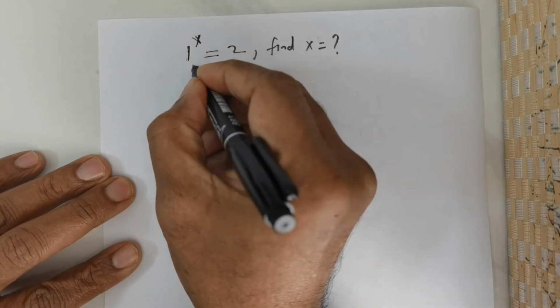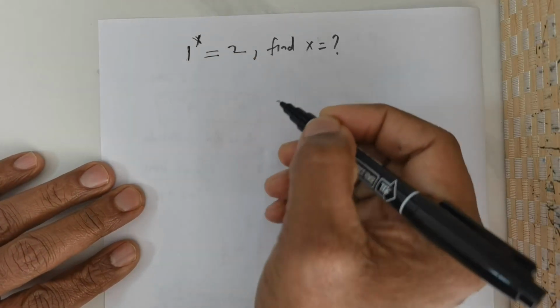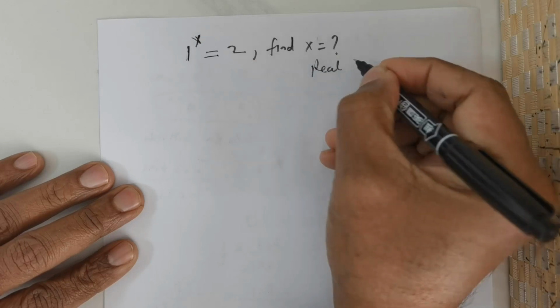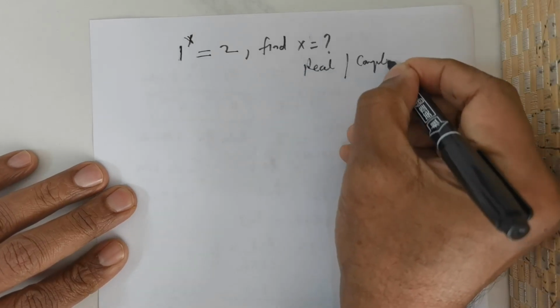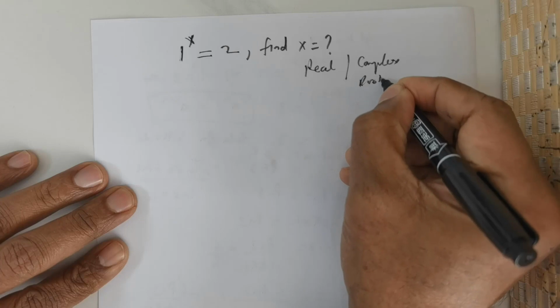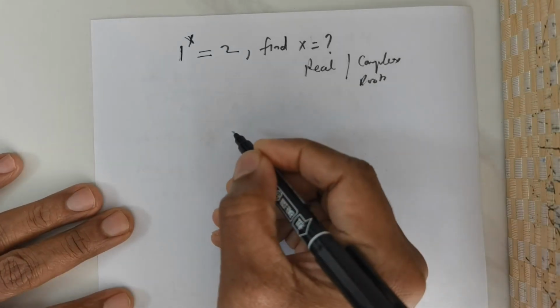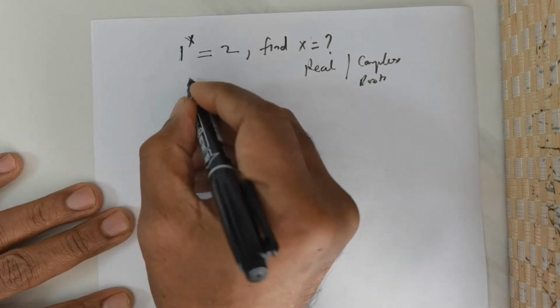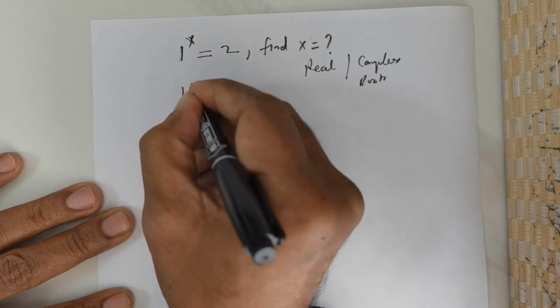Given a question like this, 1 raised to the power of x is equal to 2, find x. Foremost, you need to ask, are you looking for real roots or complex solutions? Because that is an important question. Many times what people will do is they will start off by saying